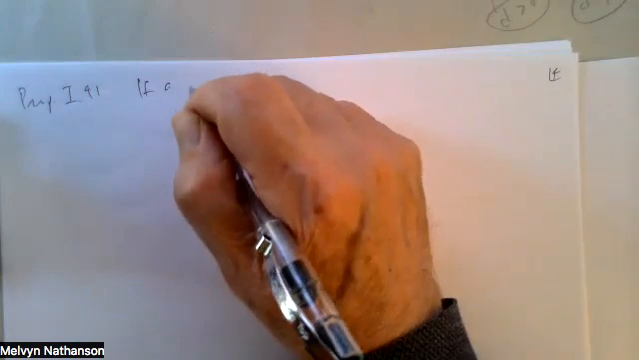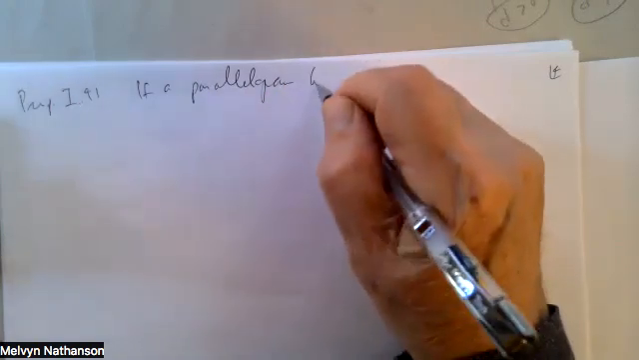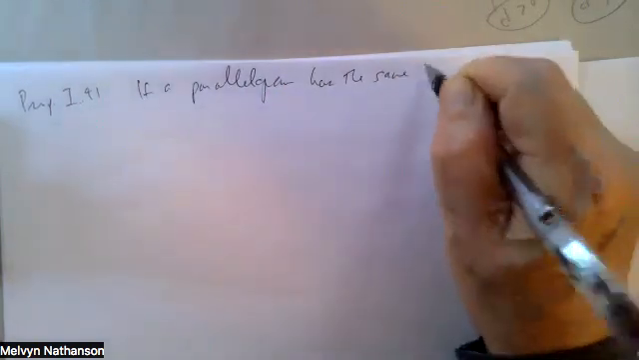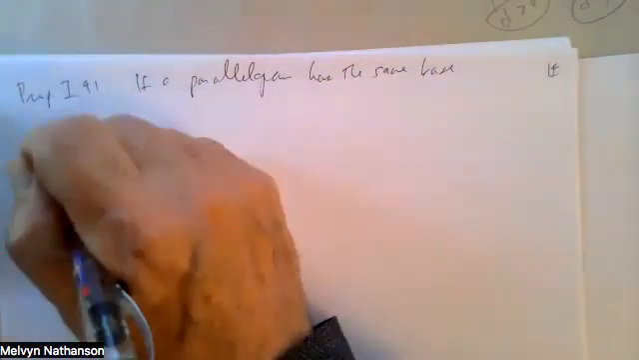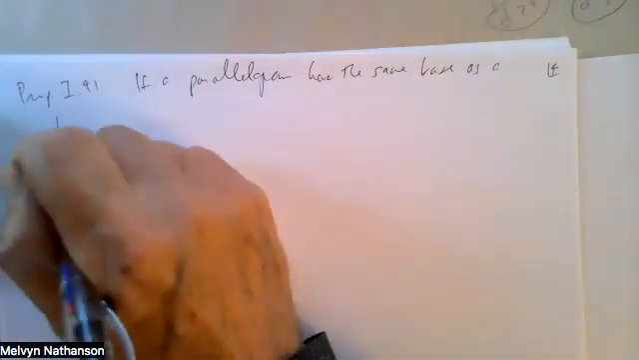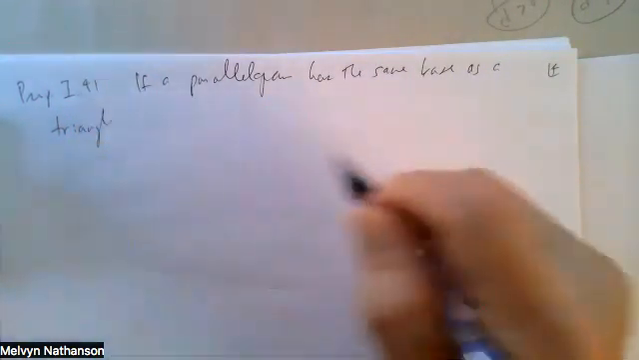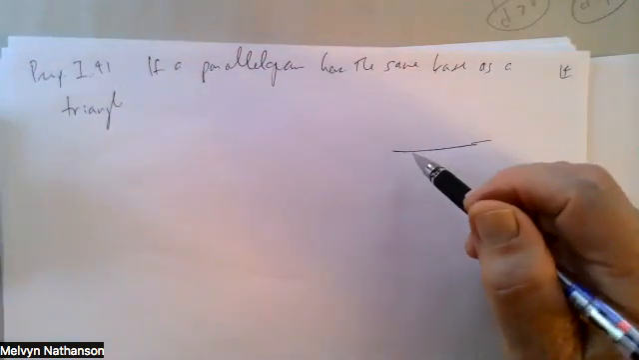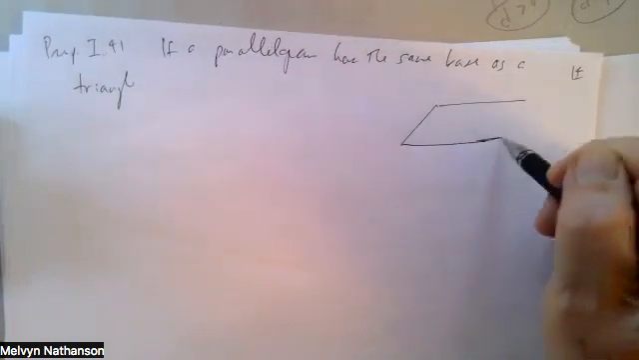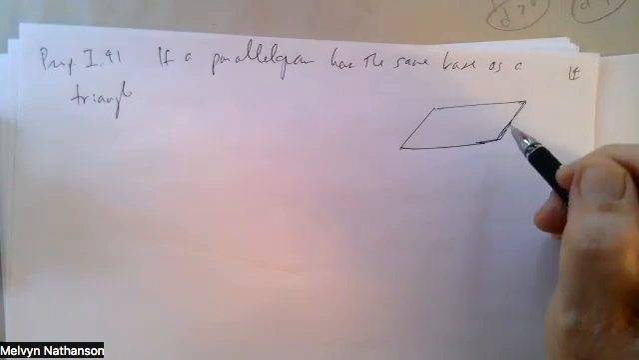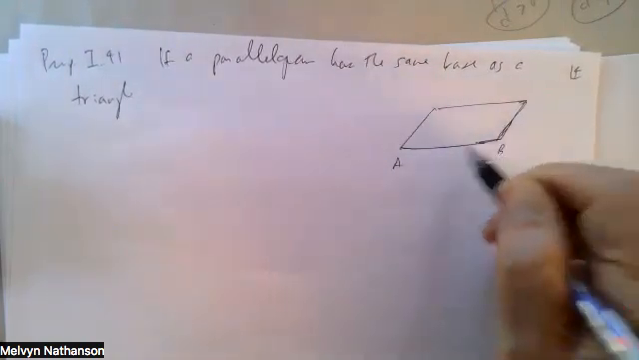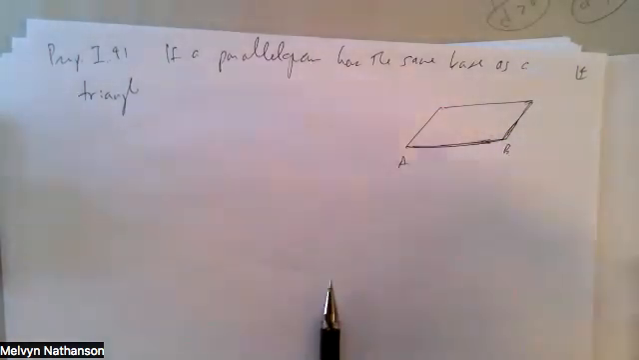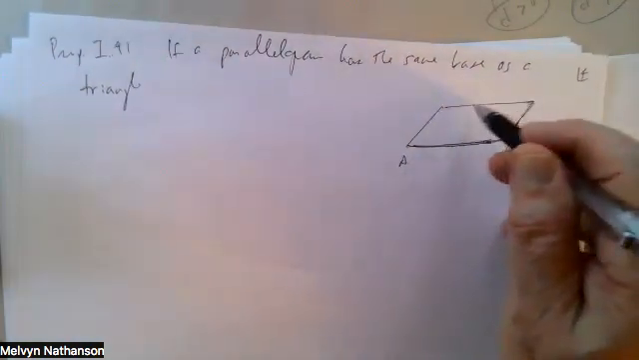If a parallelogram has the same base as a triangle, so this is the picture that you find in the text. So here's a parallelogram. AB, this is the base. And if you have a triangle which has the same base as the parallelogram,